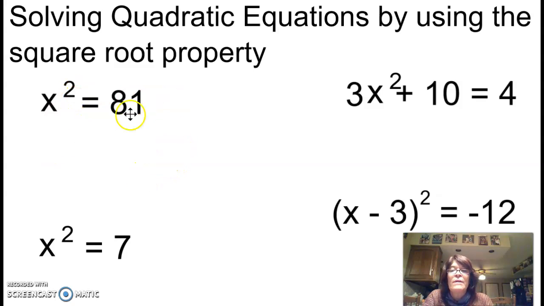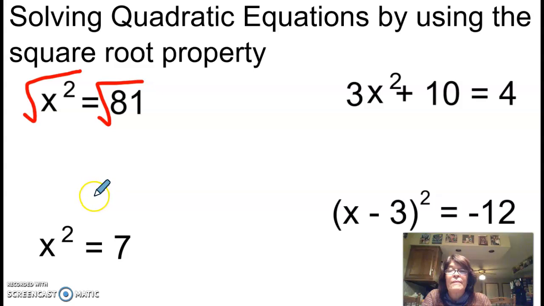Okay, so we have x squared equals 81. The square root property says that you can take the square root of both sides of the equation, just like you can add, subtract, multiply, or divide. As long as you do the same thing to one side of the equation that you do to the other, then you're fine. So I'm going to take the square root of x squared, and I'm going to take the